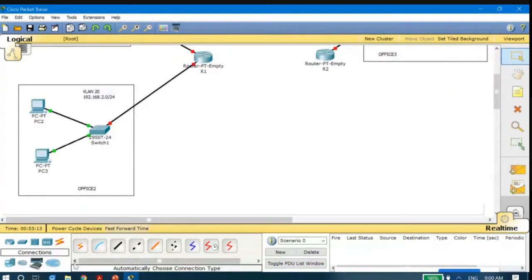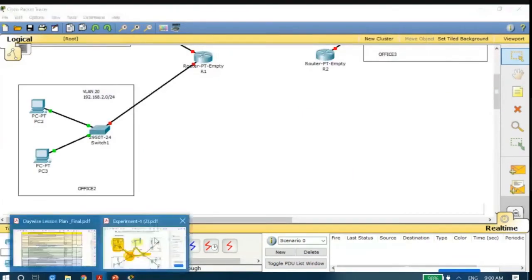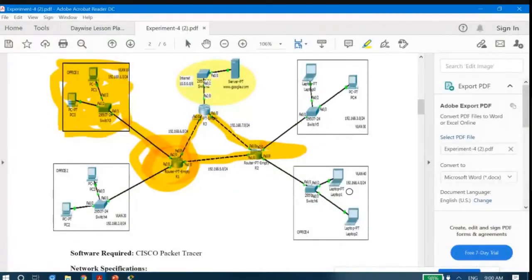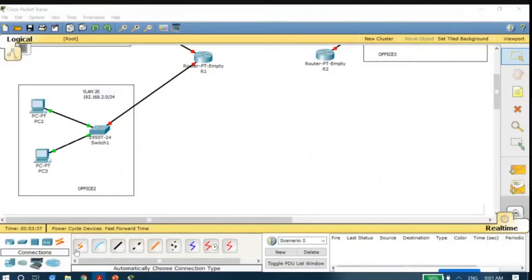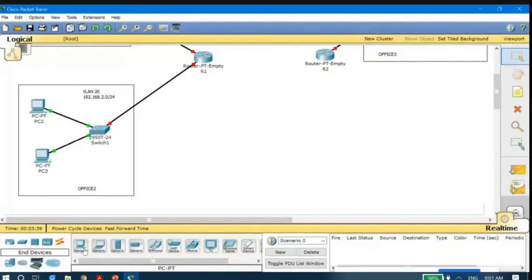Done. So you could see that the next network is your Office 4. Here we are having two laptops, which have been connected. The IP addresses are in this range, 192.164.0. So now construct this. I will go to end devices and add two generic laptops.